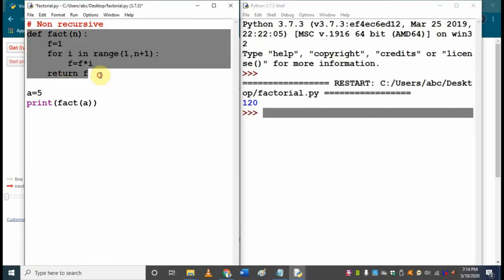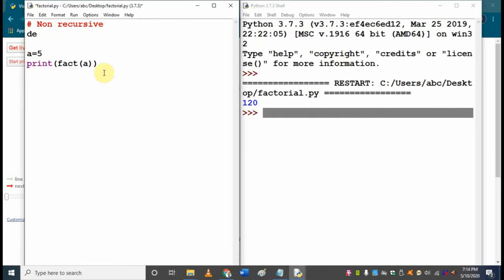So instead of writing this, let me write a recursive function, def factorial recursive, where n is the value. So what is the base case, children? Always please identify the base case. If n is equal to 1, the result is known to us. What is the result?